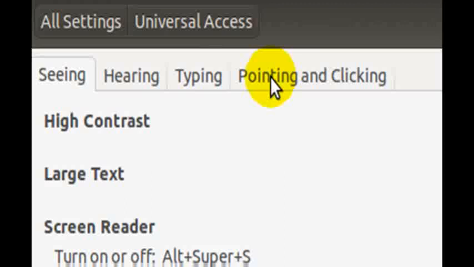Typing. Typing feature is used to change the settings of on-screen keyboard. When you click on this tab, it displays the following options: sticky keys, slow keys, bounce keys, enabled by keyboard. Sticky keys. Sticky keys allow you to press the keys combination one by one instead of holding the keys together. For example, the Alt plus Tab shortcut key is used to switch between the open windows.